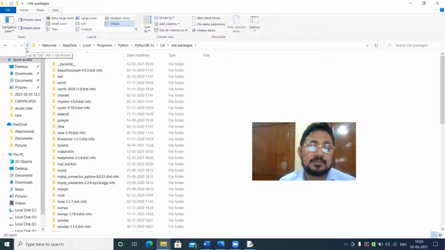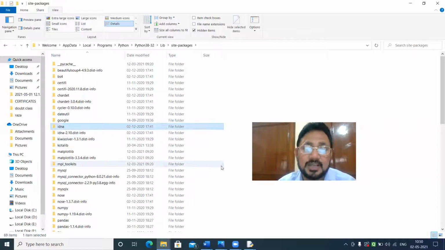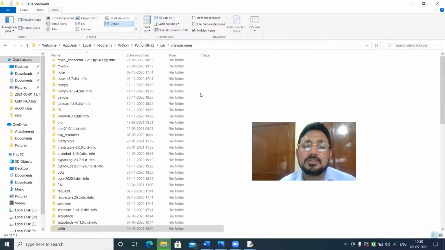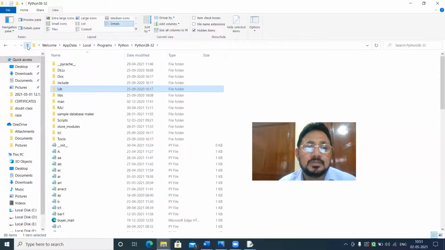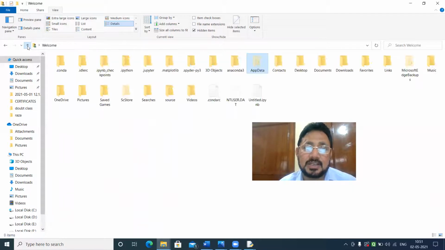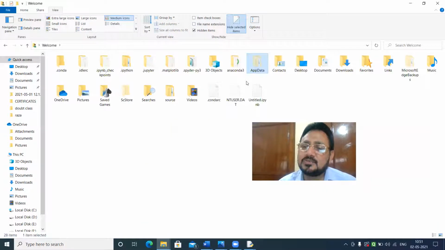You have done till site packages, and here you have to simply paste the folder which you have made. So I'm pasting it. Replace the file. Yes. Okay. Steps, remember, last time I'm explaining again and final. After that I will not repeat this again. I know students find problem because their program will not run properly. They are facing this problem. Even last year they were having problem of how to make packages or their libraries.